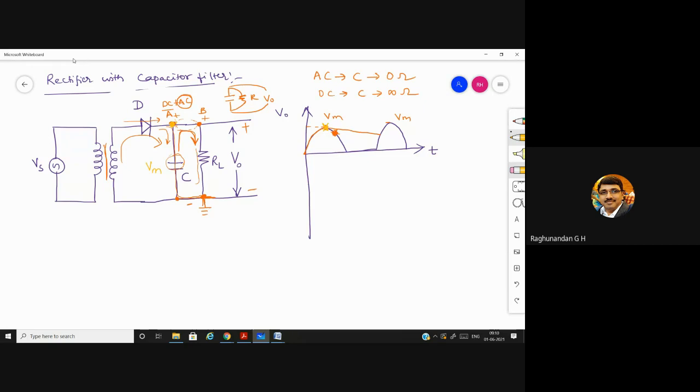I was just asking, at this particular point what will happen. At this particular point of the output voltage, who is greater, whether the capacitor is greater or node A is greater? Now can you tell me which is greater, whether the capacitor or the node A? Capacitor. Yes, capacitor is at higher potential.